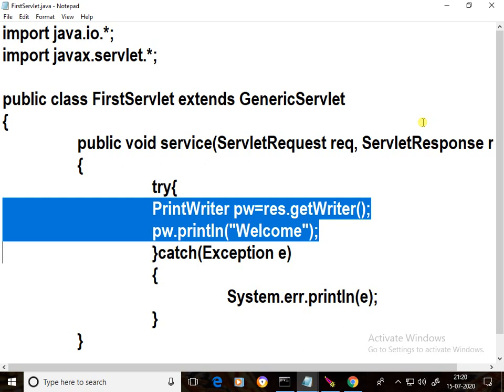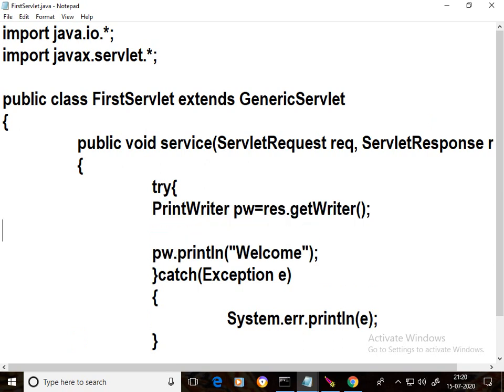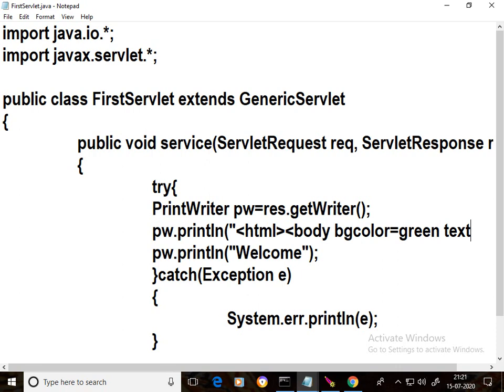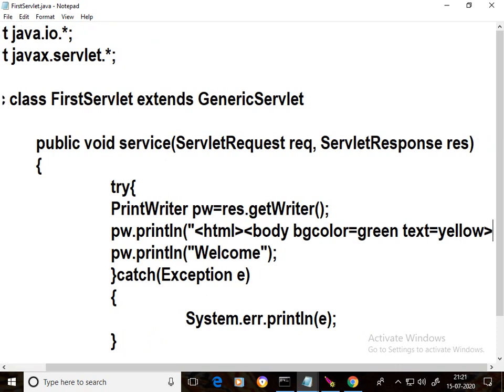Here I am going to add a little bit of HTML code also. See, in the PrintWriter println method I am writing the HTML tag, body tag, bgcolor for background color, suppose green color, and text attribute for text color, suppose yellow color.